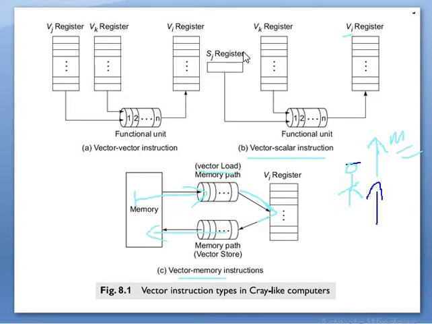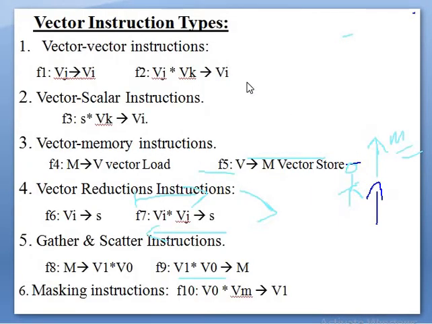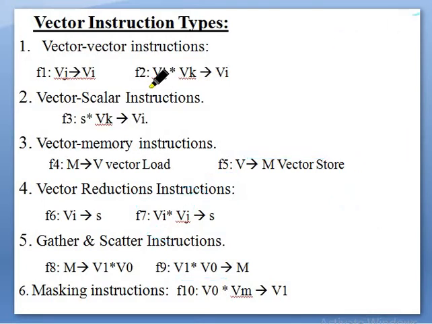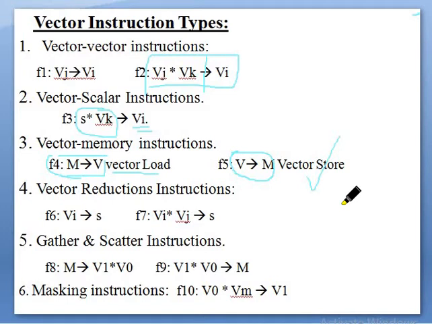See, let's see the mathematical representation of these functions here. Okay, hope you can see now. When we perform an operation between two vectors, it will result in a new vector, that is called a vector operation. What do you mean by vector scalar? A scalar magnitude is multiplied with a vector to get a high speed or high magnitude, high force, new vector. Next one is vector to memory. If we transfer data from memory towards a vector, it is called vector load. From vector to memory, it is called vector store.